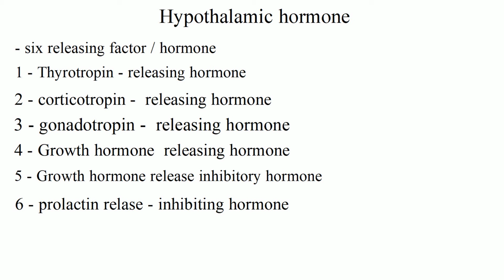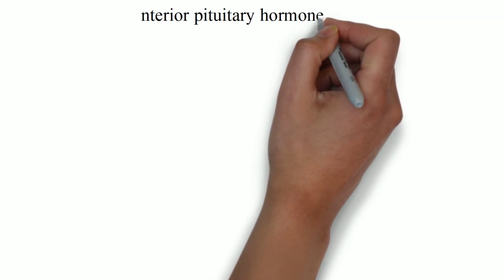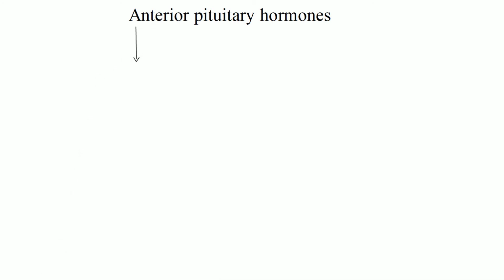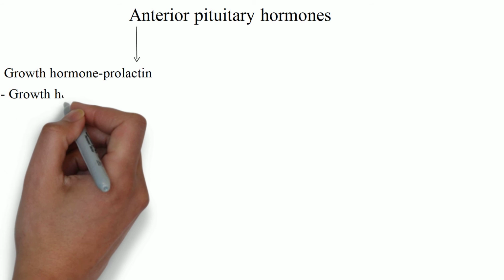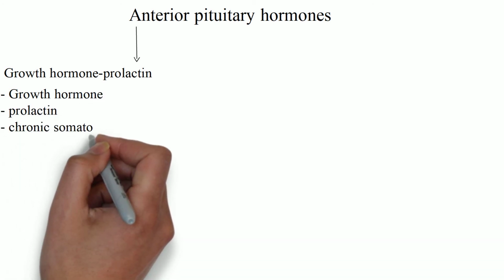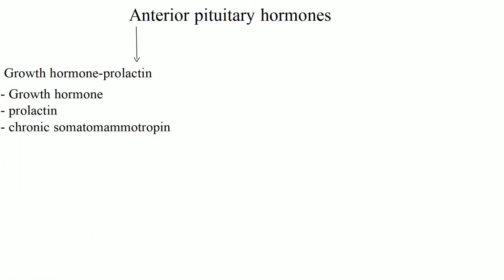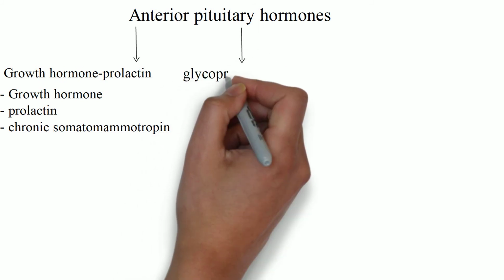Now these six hypothalamic hormones will act on the anterior pituitary gland and they will activate the tropic hormones which are present in the anterior pituitary gland. Now we will see which hormones are included in the anterior pituitary gland. It consists of three groups of hormones. First group is growth hormone prolactin, which includes growth hormone, prolactin, and chorionic somatotropin hormone. Then we have second group which is glycoprotein hormone,